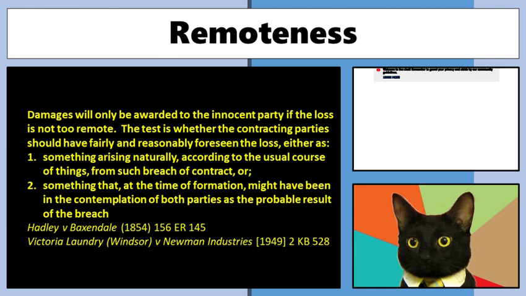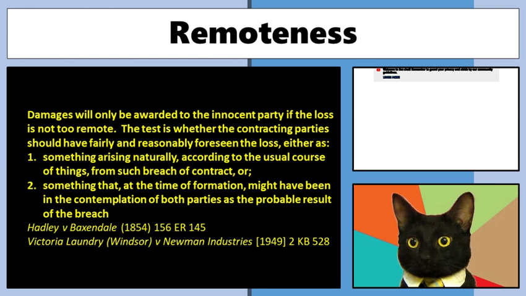Even if it's not a term of the contract, we might have talked about it, jokingly having a few beers after we signed the contract, saying, oh yeah, better hurry back because I've only got one crankshaft and my mill can't run until you get back. If we actually did that, that's fine. But it's not even that, it's a lower bar than that. Is it something that we might reasonably have contemplated at the time of formation as the result of the breach? All right, those are what's called the two limbs of Hadley and Baxendale.